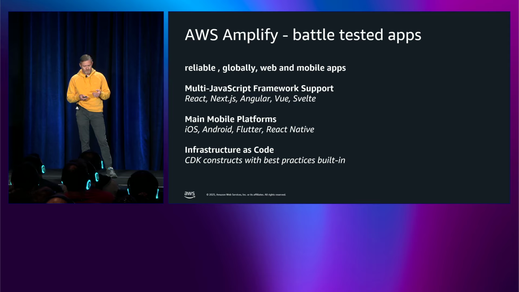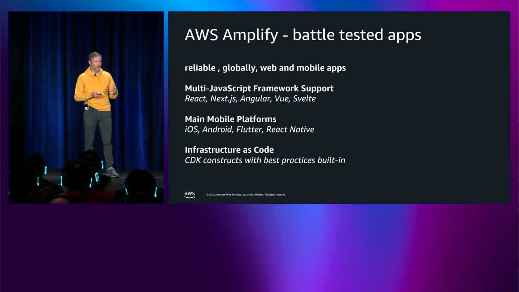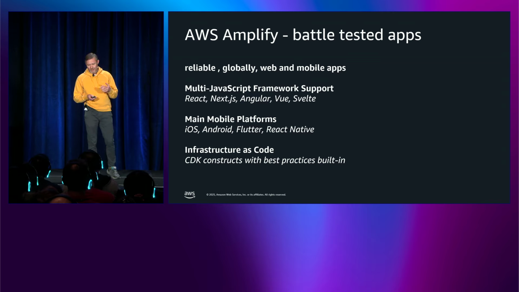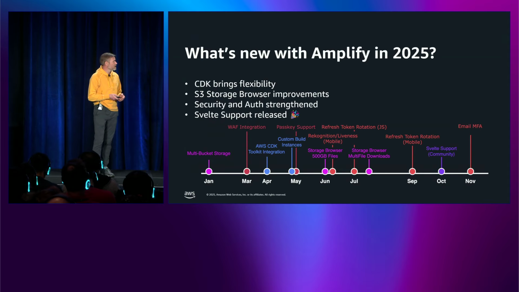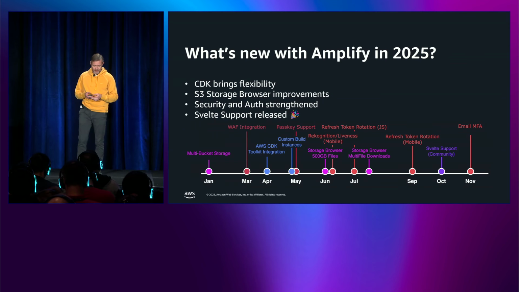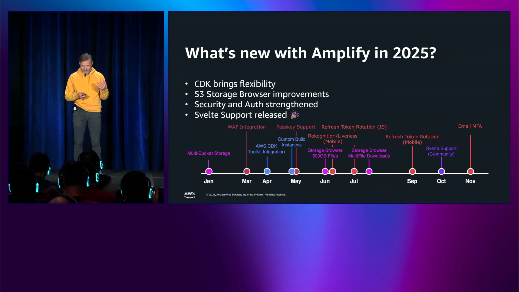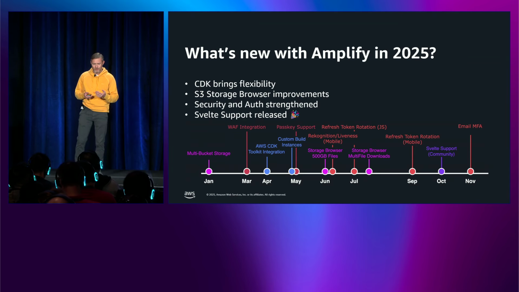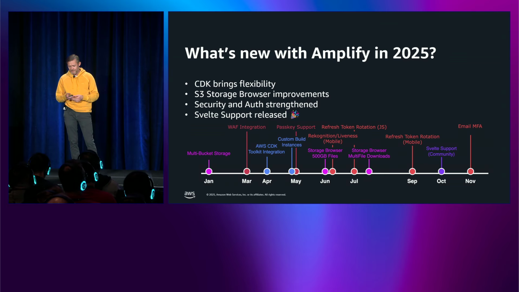So Amplify is helping you with giving you predefined constructs that you can base on. And that helps the AI to actually limit the scope of possibilities, which then also gives you a lot less code that you have to review. So Amplify, as I said, is already out there for a long time. And just alone this year, we have built 31 major features. And that was basically multiple deployments of new things every month.